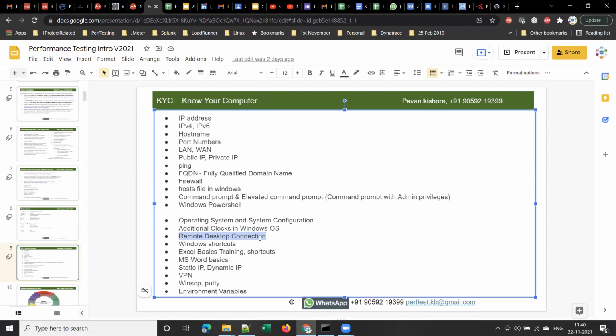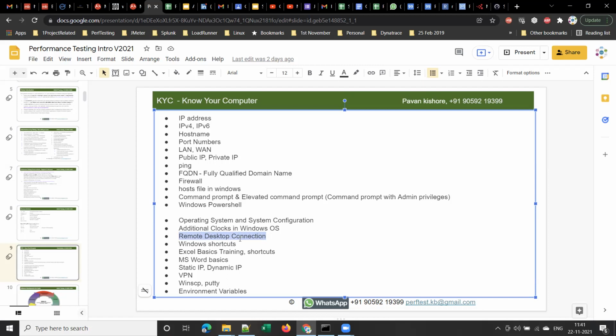Can you connect? Okay, let me tell you. We can connect to any computer which is on the same network. Okay, sir. So even though I give you IP address and credentials, you cannot connect. So we will be in the same network. Okay, sir. We'll discuss that in detail. For now, please remember that remote desktop connection is used to connect to any remote computer which is in the same network as yours. Both the machines should be in the same network. Then it is possible. Okay, sir.